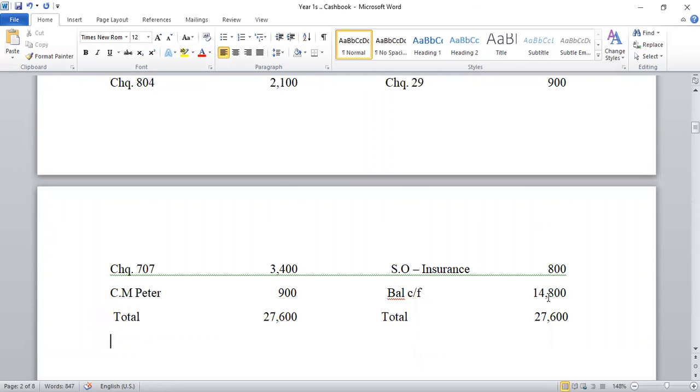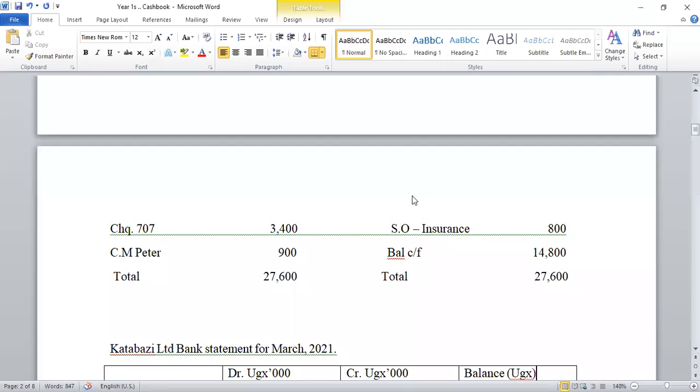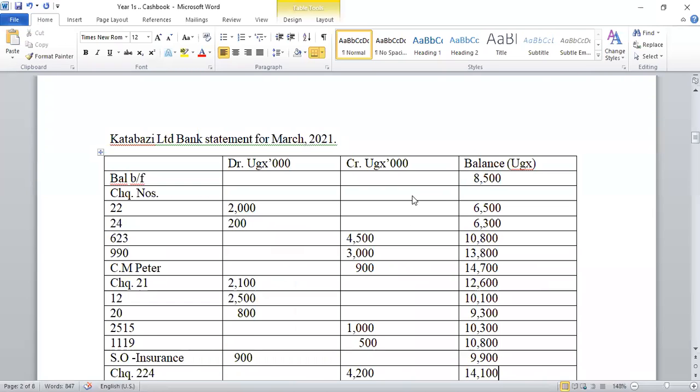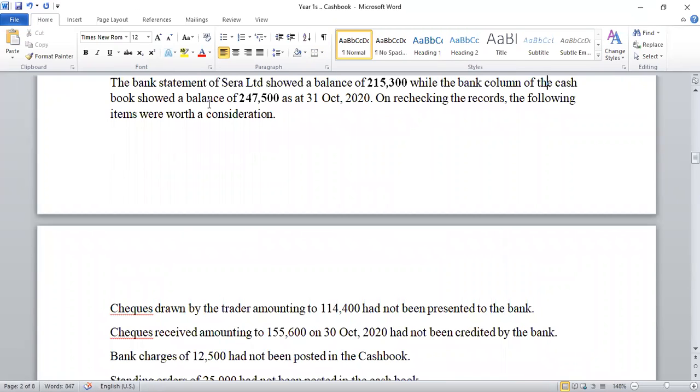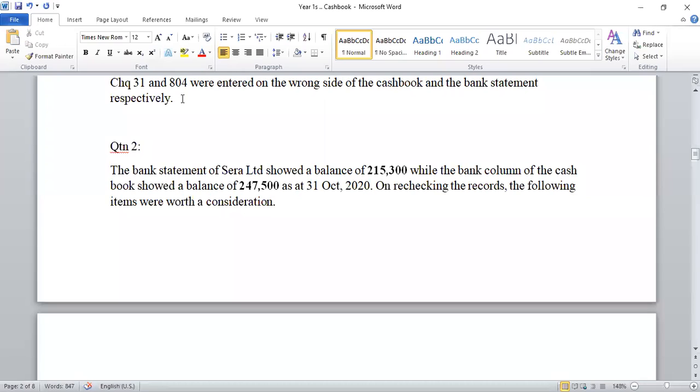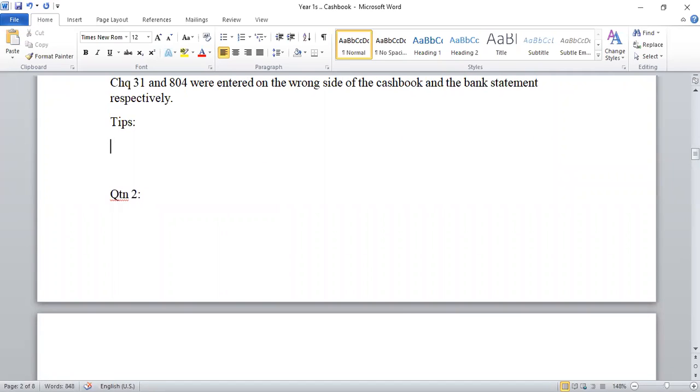Okay, the tip is, these are the tips for answering that question. Tips: usually the opening balances need to be reconciled. Most of the time they will have given you the reconciliation or the reconciling items,